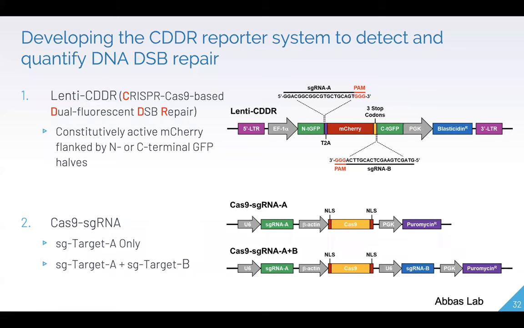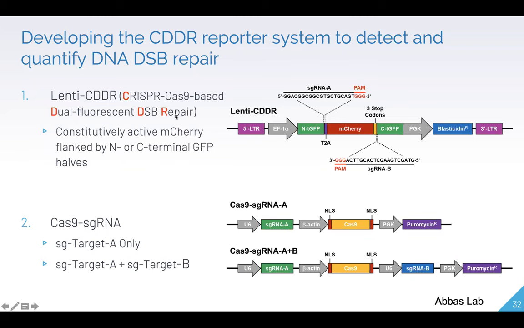In my own lab, we actually developed a new system. This is a paper that hopefully will be published very soon, where we tried to overcome some of the limitations in this reporter assay system. So this was dependent, again, on Cas9. This is a lentiviral construct that we call lenti-CDDR, which stands for CRISPR-Cas9 based dual fluorescent